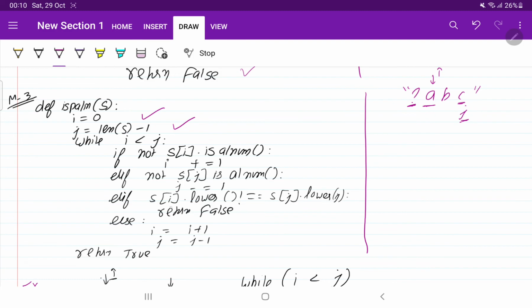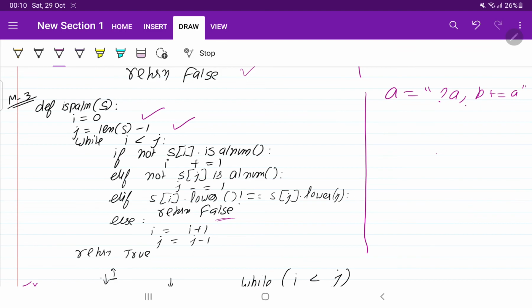Then we make both characters lowercase. If they are not equal, we directly return false. If they are equal, let me take a bigger example now. Suppose the string is given like this: question mark, a, comma, b, plus equal to, a.